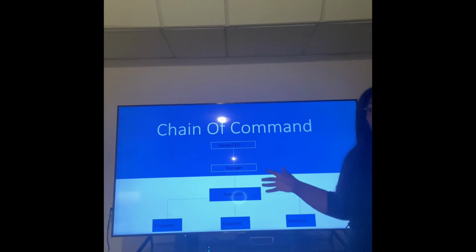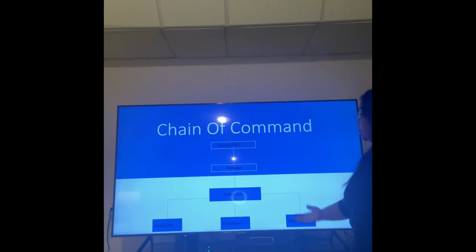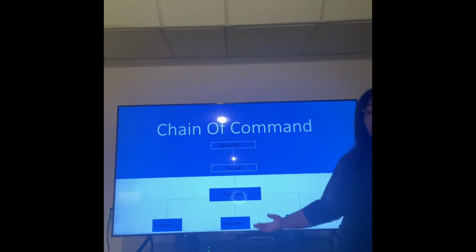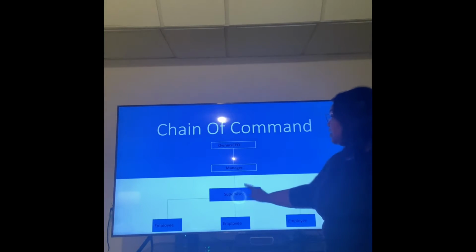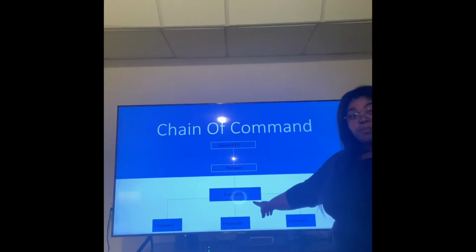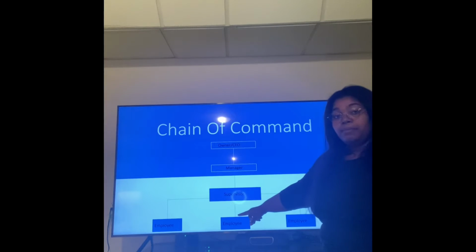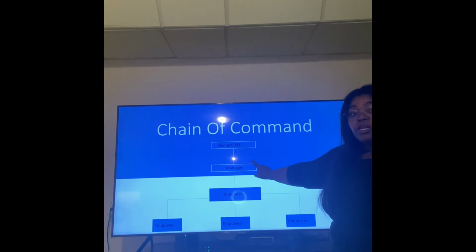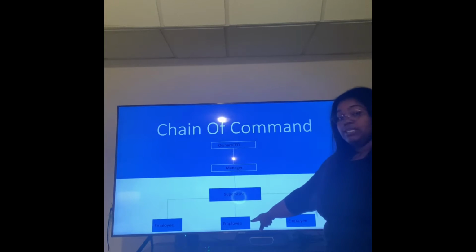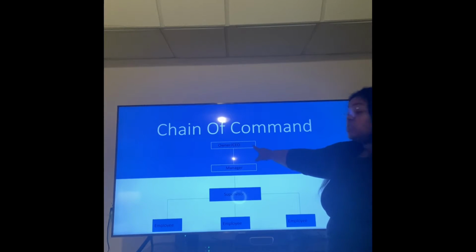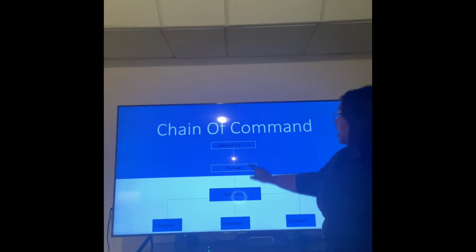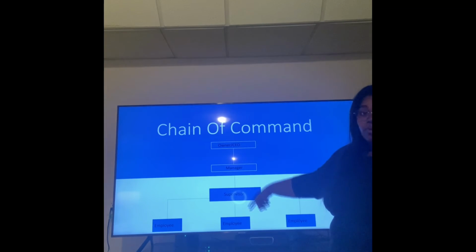So in regards to your company, this is your chain of command. Down at the bottom, we have 3 blue boxes. Those represent the employees. If any situation arises, any questions, any concerns, they go directly above, which is the supervisor, which is you. If you are unable to help them, then you go above you, which is your manager. Your manager oversees you, you oversee the employees. If the manager can't help you, then you go to the owner/CEO. The owner oversees the manager, supervisor, and employee. As the chain can go up with knowledge, the chain can go down. Messages are passed both ways.